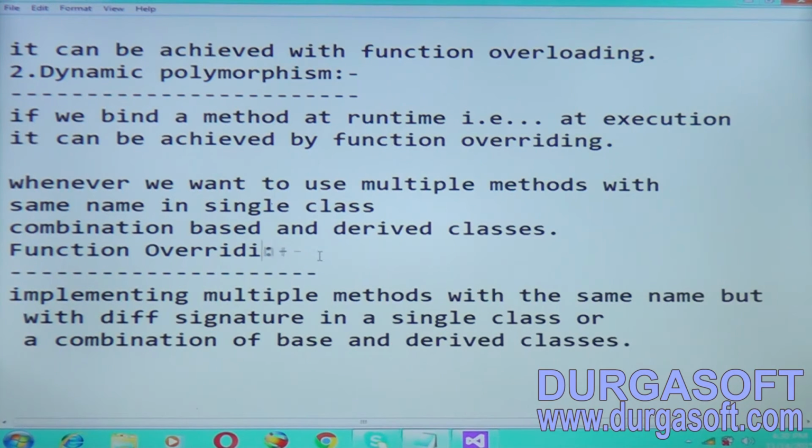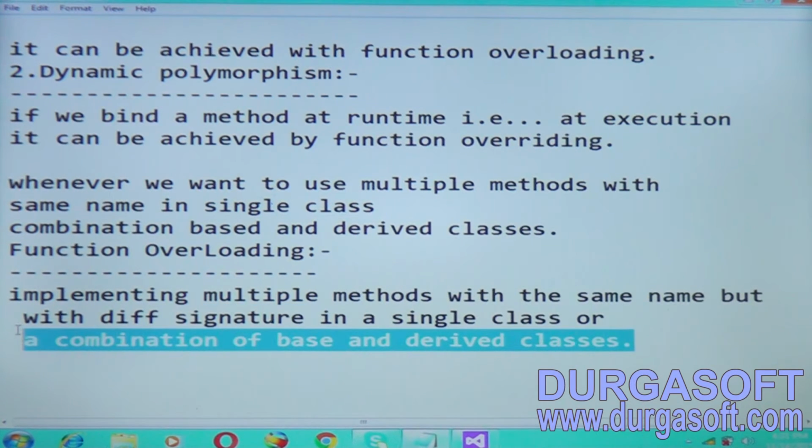It's not overriding, it's overloading. So what do you mean by signature?